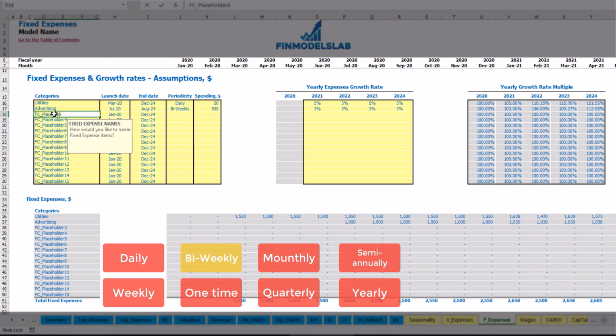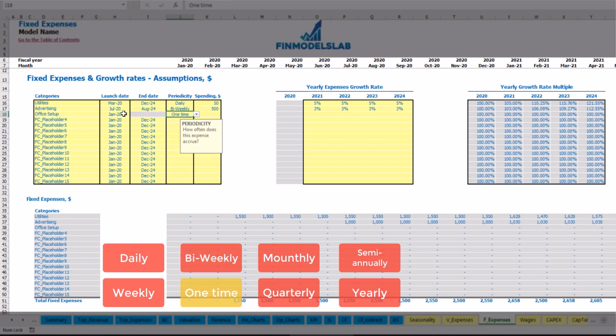Another option, office setup, which can be a one-time payment, which will happen in February 20 with an amount of $5,000. Obviously you should not input any growth rates because this is just a one-time fee, and you may see that office setup will happen in February 20 with this amount. Another option,